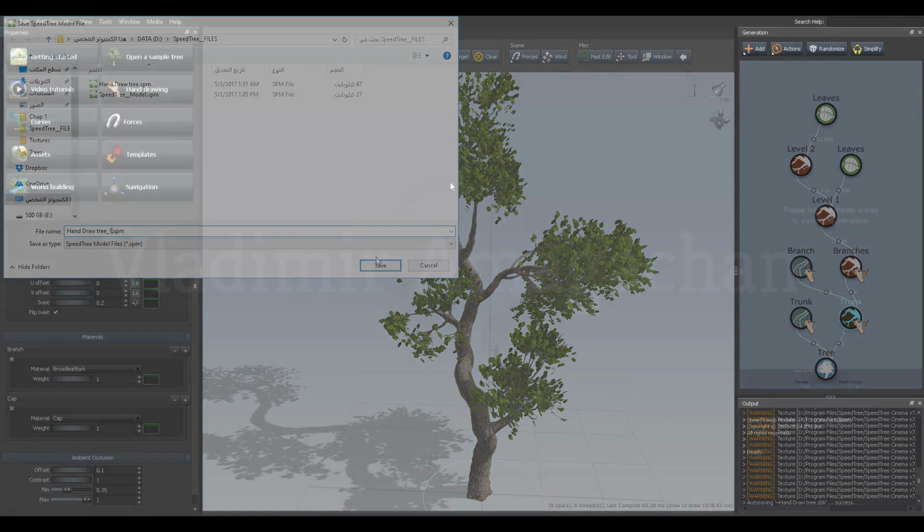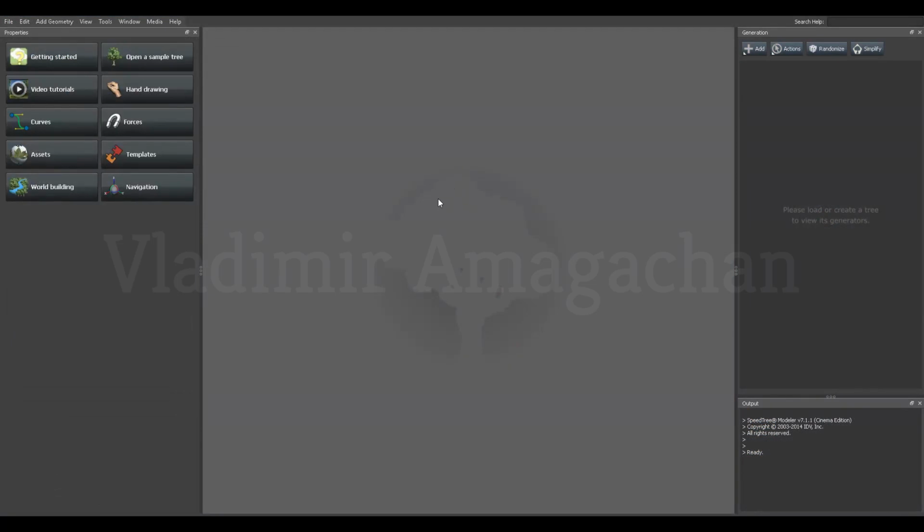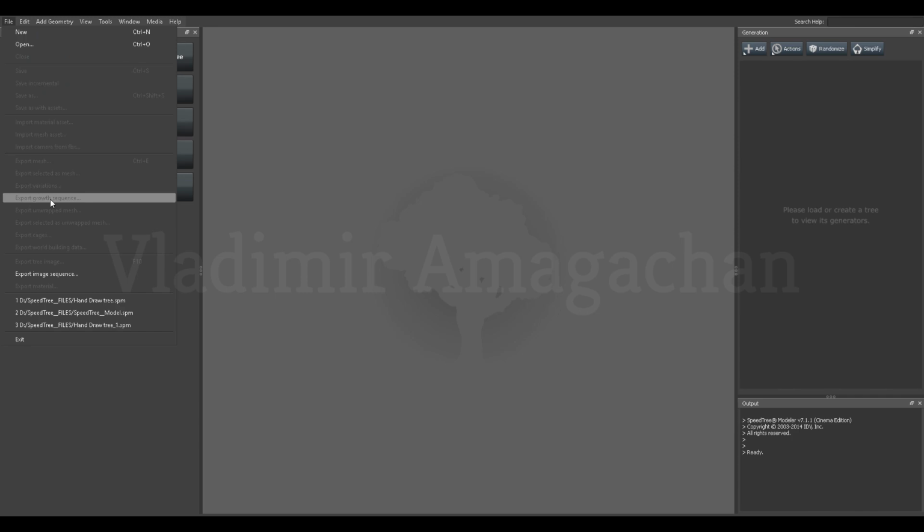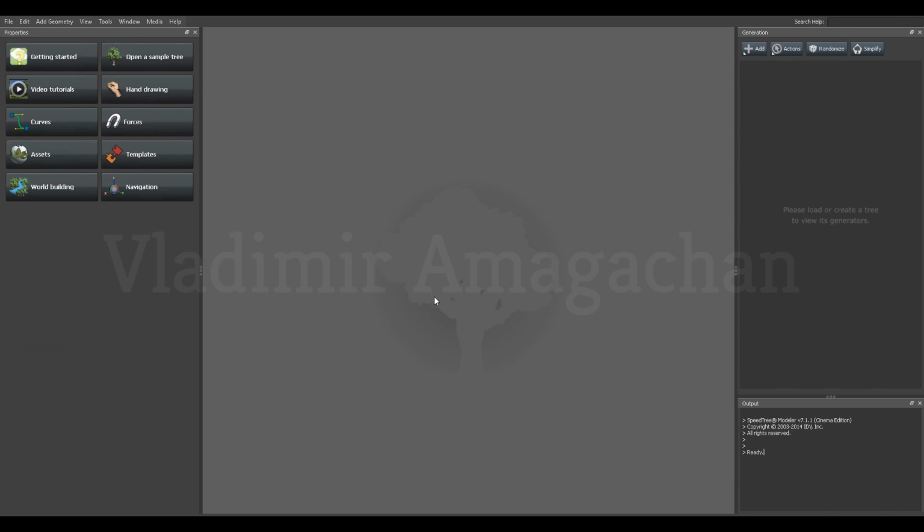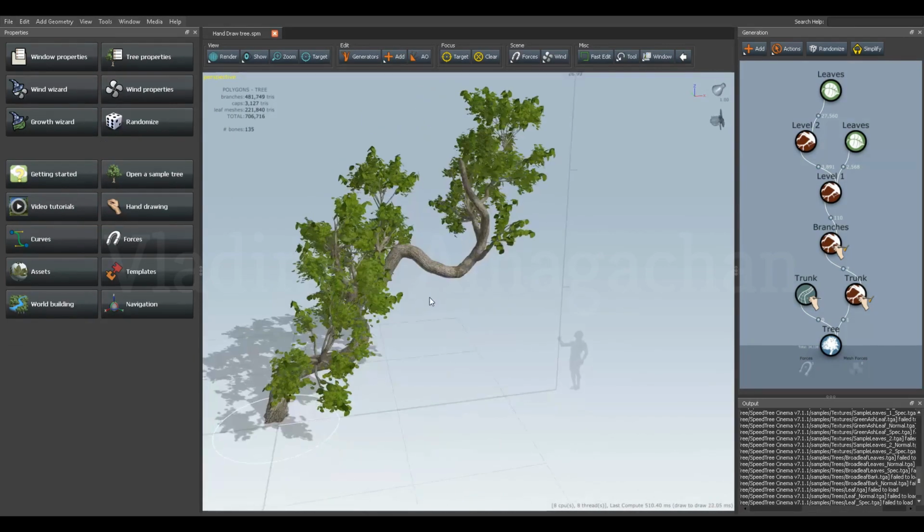and save. So right now let us see how we can export the tree model that we created in the SpeedTree software to Houdini, and what is the perfect setting that I want to include in this exported geometry, to make this model work with the tool that we will create, the rigging tool, in Houdini. So firstly I will open the file that I already created, the hand draw tree, load this tree model,